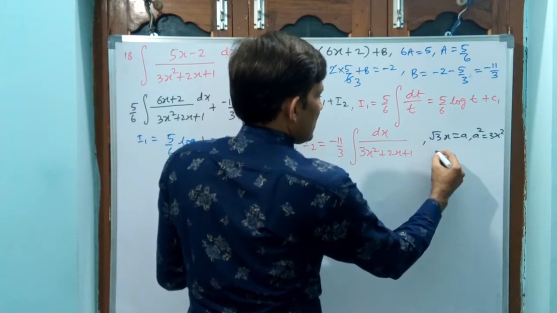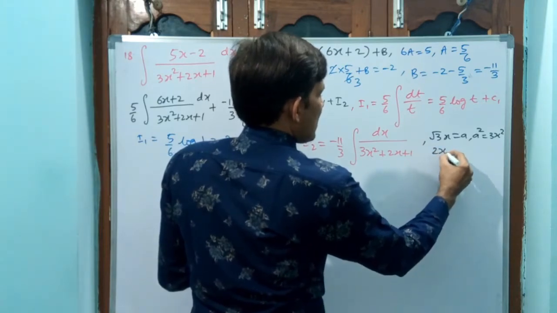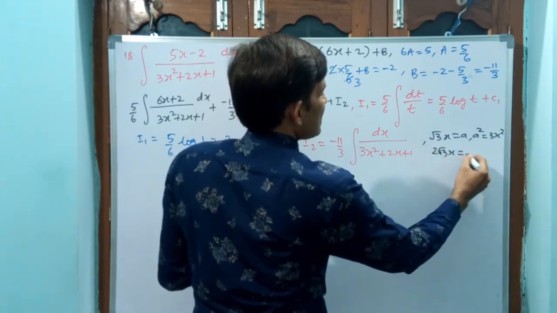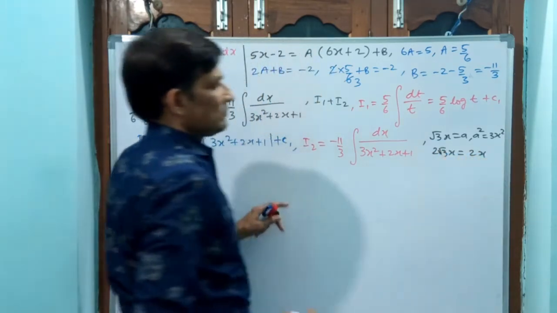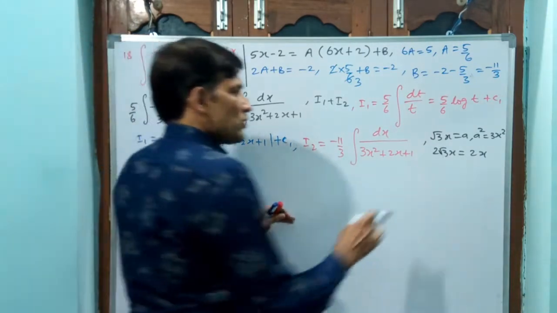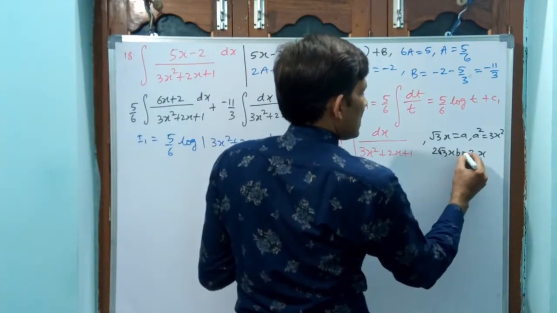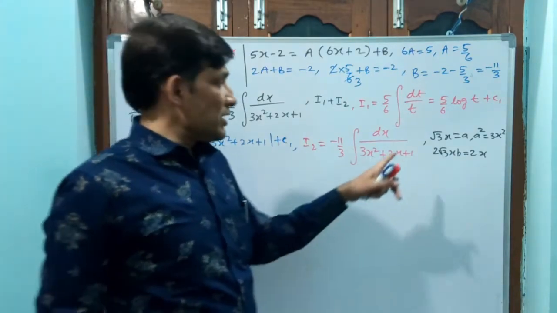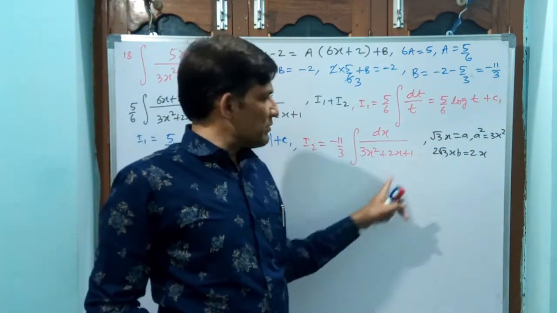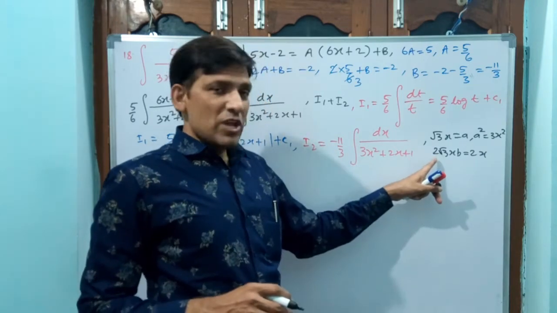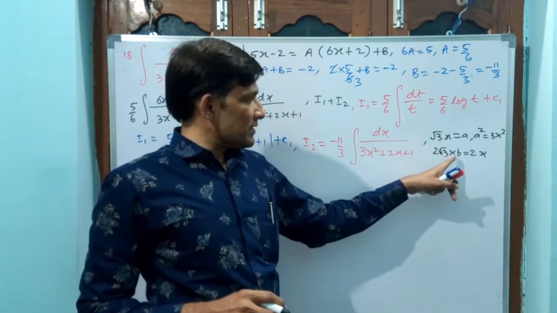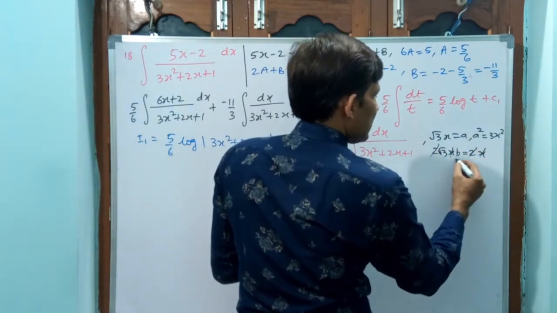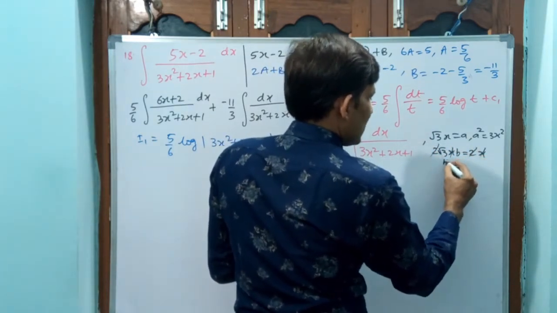That means you see, 2ab is 2x. A will be root 3 x. Sorry, 2ab, b also. 2 root 3 x times b is equal to 2x. Why? Because see, a square plus 2ab plus b square. B square will come afterwards. 2ab means 2 times root 3 x into b. You see here 2 is going to get cancelled, x is going to cancel. b is equal to 1 by root 3.